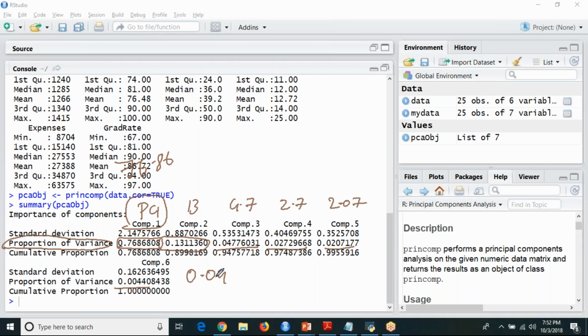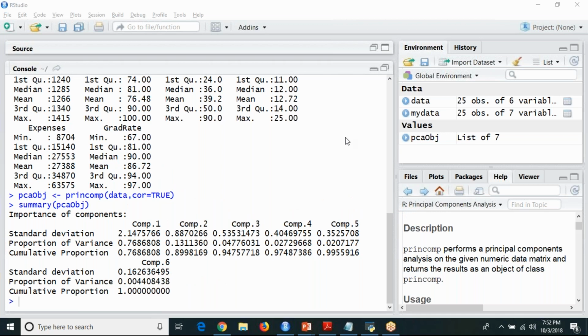Yes. So variances will be arranged in descending order. You can see here it is 76, 13, 4.7, 2.7, 2.07, and 0.04. It is arranged in descending order.